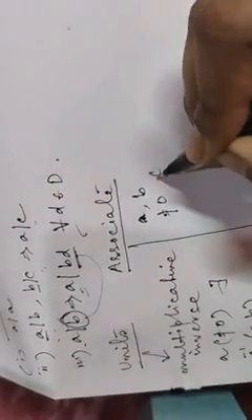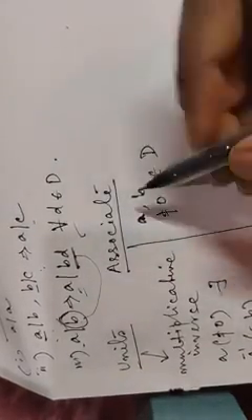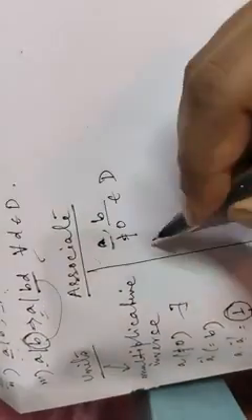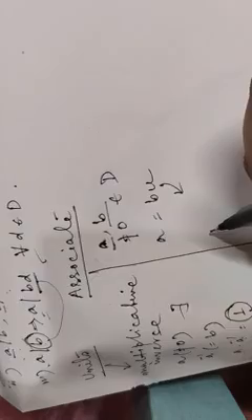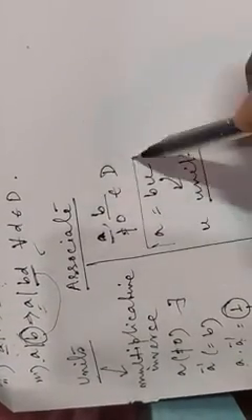And the next one is associate. Now in an integral domain, two non-zero elements, suppose a and b belonging to D, are said to be associates if a can be represented as a equals bu, where u is a unit. That means if a can be represented as the product of b and some unit element, then we will say that a and b are associates.